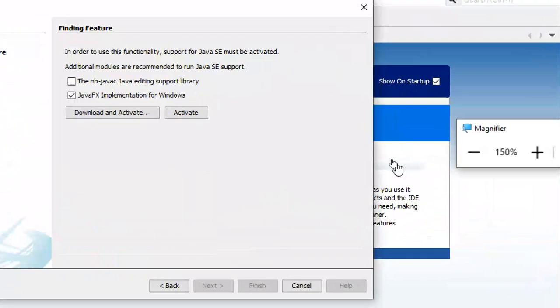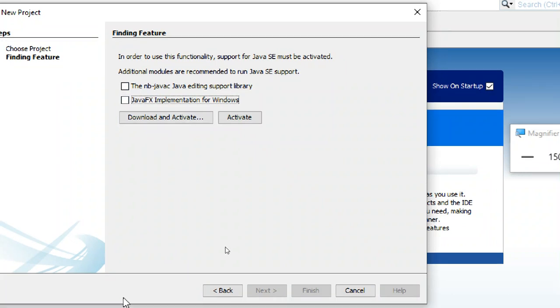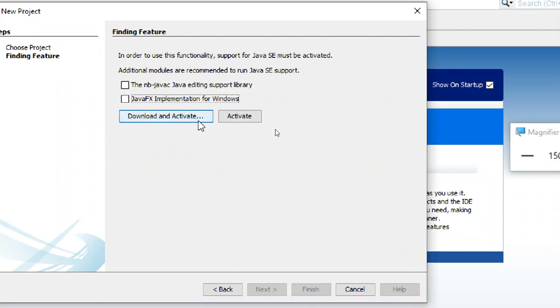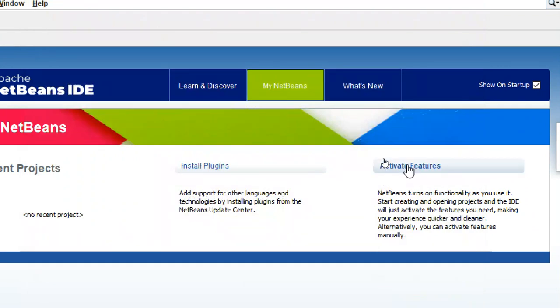Yeah, here it is. Something is showing. Java FX for implementation window, like this. You can do it. So it must be activated, Java SE. So what I do, I am closing it.